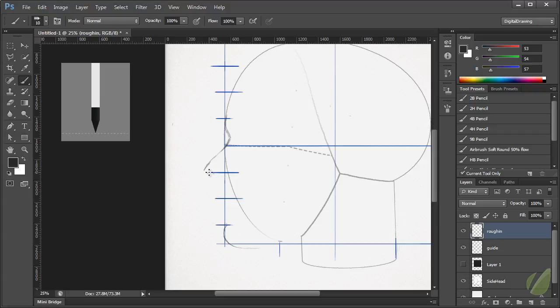So let's continue on from there. Okay, the eye is on this same central horizontal that we've used before. The tip of the nose is in line with this top quarter line here, and then dips in and slopes back out to meet the top of the lip, which is about where this half line is. And the bottom quarter line is where the top of the chin, that sort of ball area of the chin,